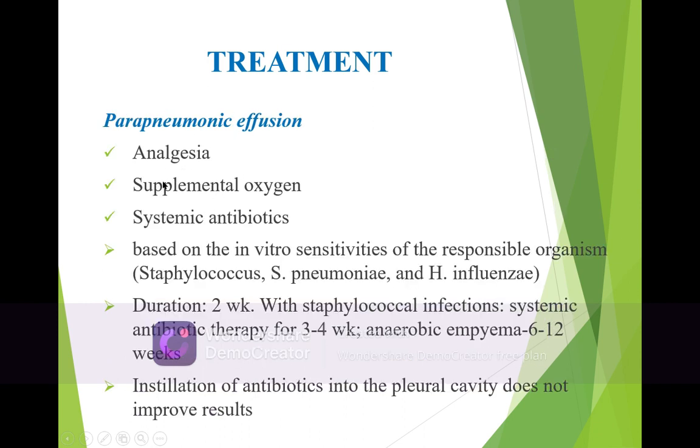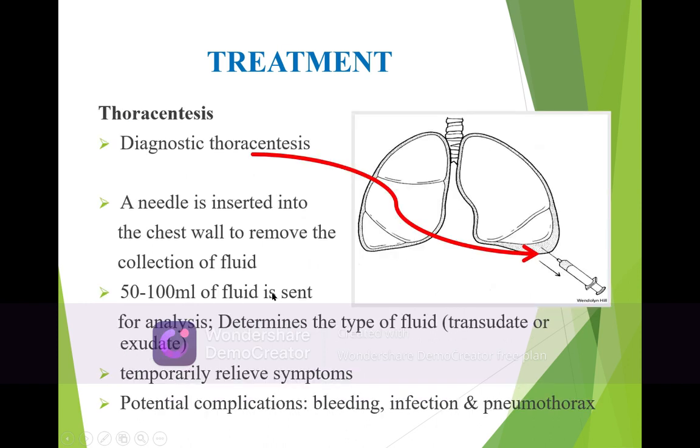Parapneumonic effusion: analgesia, supplemental oxygen, I have already described when I talked about pneumonia. So basically we give analgesia, supplemental oxygen and broad spectrum antibiotics, as commonly required in pneumonia. We use beta-lactams. If it is a very large pleural effusion, or you are not able to differentiate whether the pleural effusion is transudate or exudate by history taking and examination,